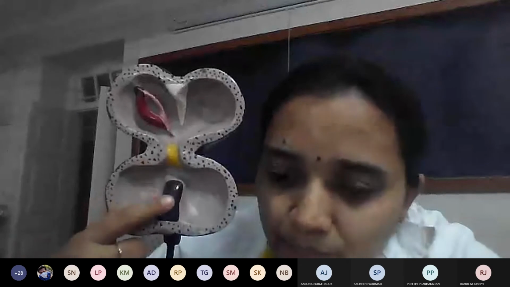This is the opening of sinus venosus, which will open behind. This is a single atrioventricular canal through which the blood from atrium to ventricle comes. This is the muscular part of the interventricular septum, which will develop because of passive intucking of the wall into the bulboventricular loop. So the septum is formed.